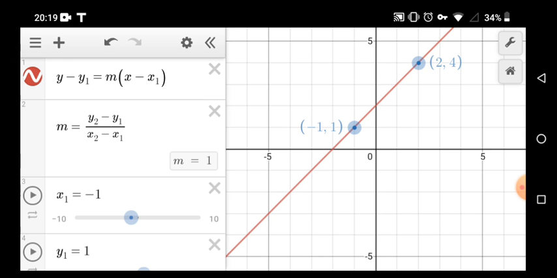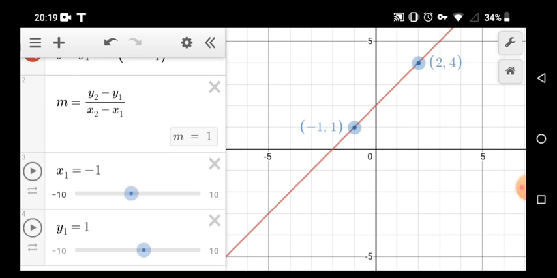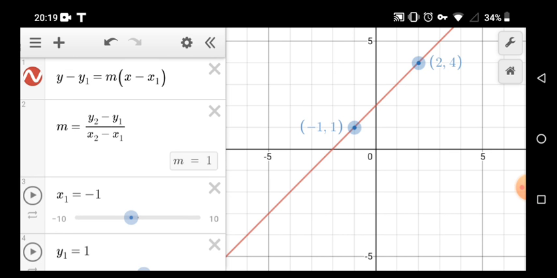And I've got two coordinates labelled here: x1, y1 is minus 1, 1, and x2, y2 is 2, 4. Okay, two sets of coordinates. To work out the gradient of this line, we take one of our x coordinates, usually the biggest, so 2, take away our second one, which is minus 1,